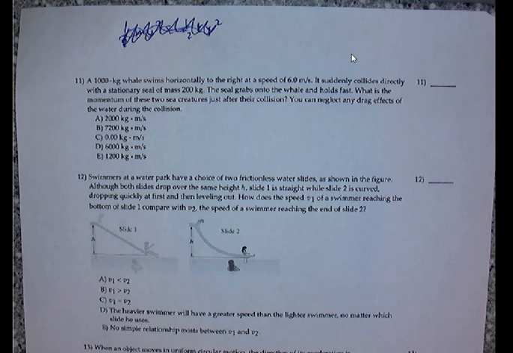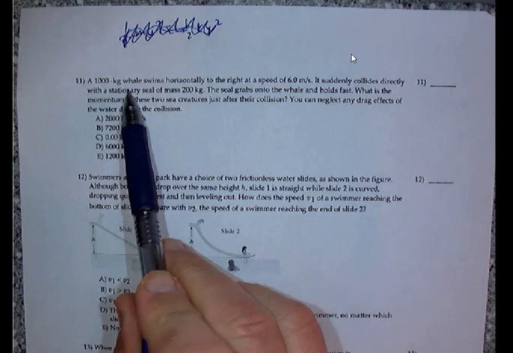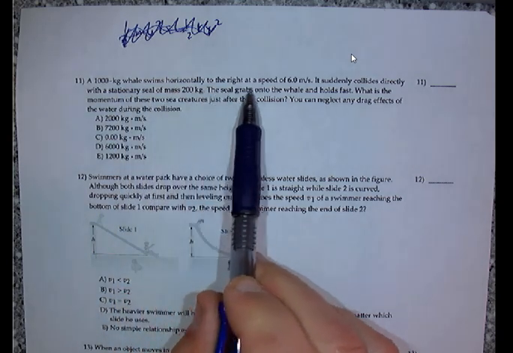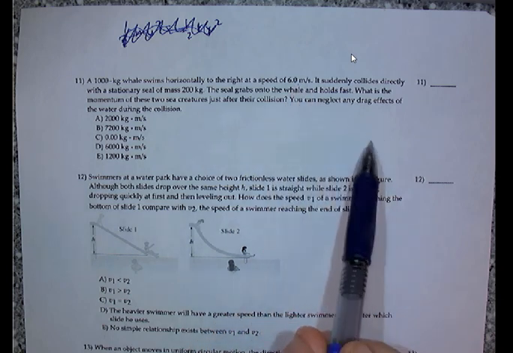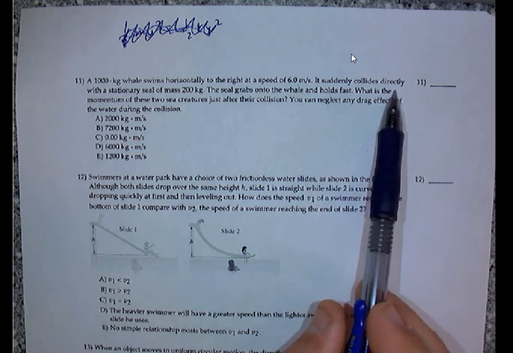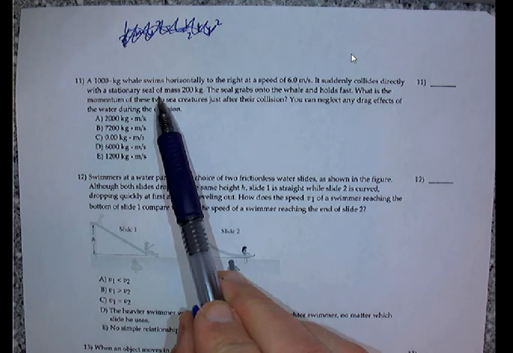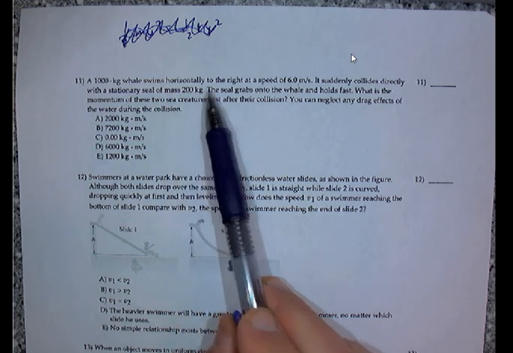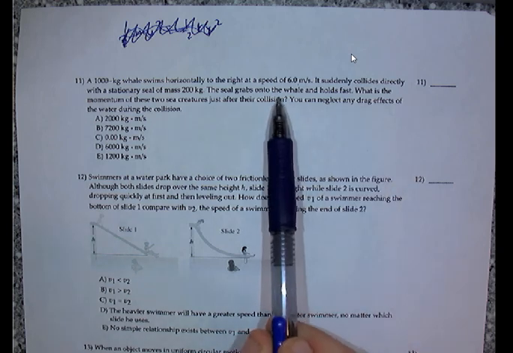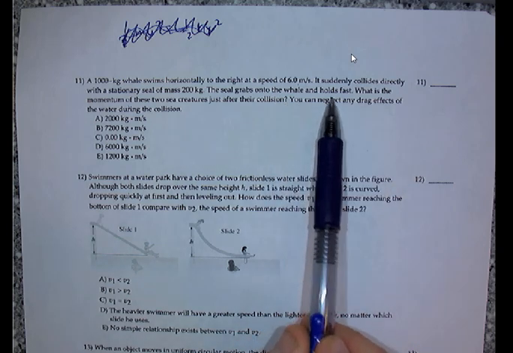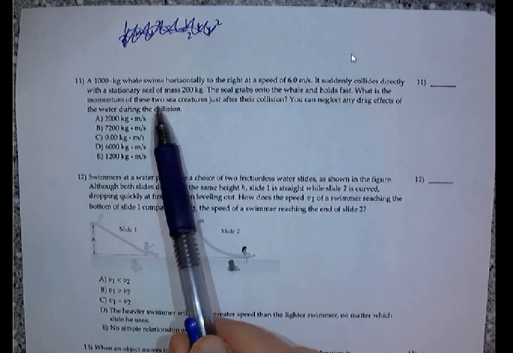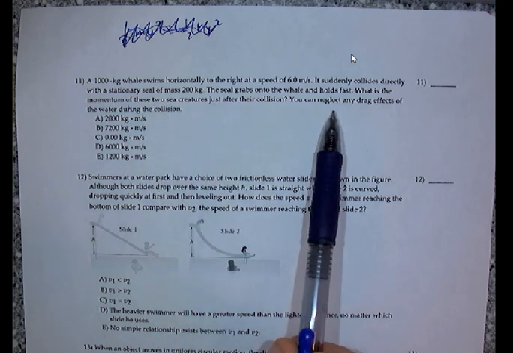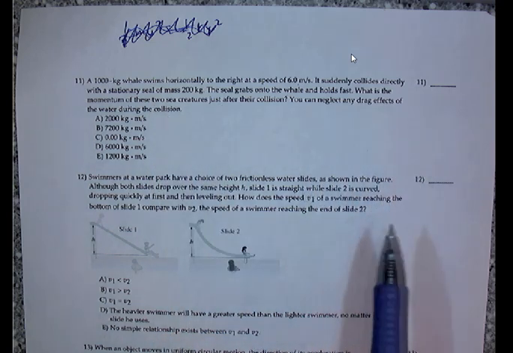Excellent. Okay, so next we have a 1,000 kilogram whale swims horizontally to the right with a speed of 6 meters per second. It suddenly collides directly with a stationary seal. Oh, it's a collision problem. Okay, good. Seal of 200 grams. The seal grabs onto the whale and holds fast. What is the momentum of the two creatures just after the collision? And we can neglect any drag